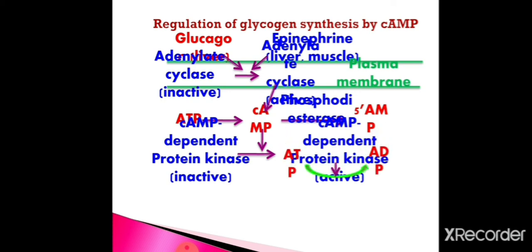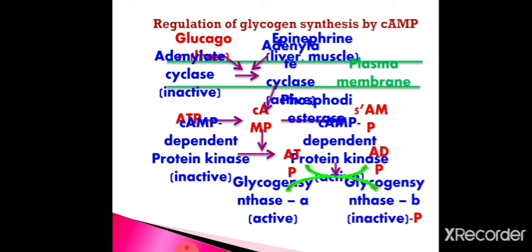Now activated phosphorylase kinase will convert glycogen phosphorylase B to glycogen phosphorylase A. As we already said, glycogen phosphorylase B is the dephosphorylated, inactive form. This B form is converted to its active A form by the enzyme phosphorylase kinase. Now the glycogen phosphorylase enzyme is activated and will favor the breaking down of glycogen, that is, glycogenolysis. When the protein kinase is converted to its active form, it will inhibit glycogen synthase enzyme. So the two cycles will not occur simultaneously.